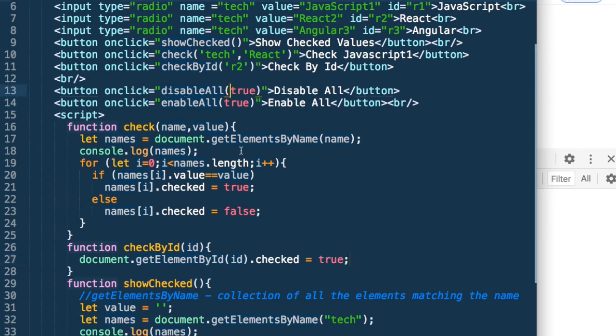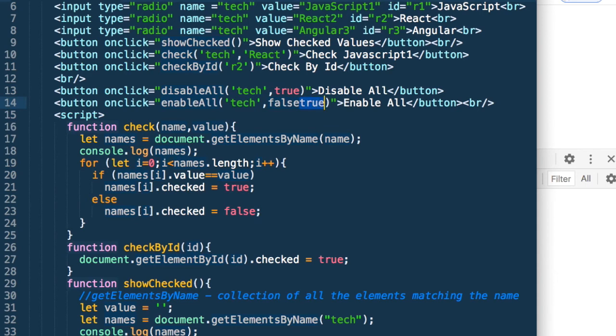Next, what is our objective? Disable all. So again, for this disable all, we should get the name, which is say tech, and we want the disabled flag to be false for enable, which is what we will call it, and we could call this as the same function like we did earlier. So let us now implement it.